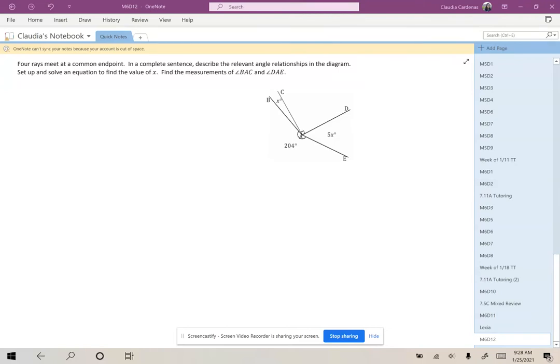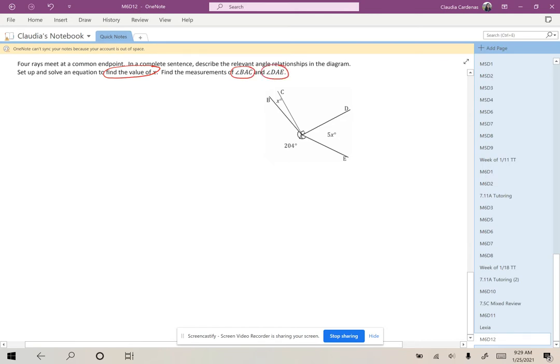So yesterday we focused on vertical angles, and today we're going to continue looking at how to find missing angles in a diagram, especially if there is more than one missing angle. So let's go ahead and look at this problem below. Four rays meet at a common endpoint. In a complete sentence, describe the relevant angle relationships in the diagram. Set up and solve an equation to find the value of x, and then find the measurement of angle BAC